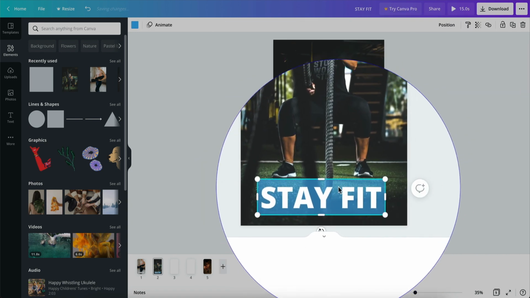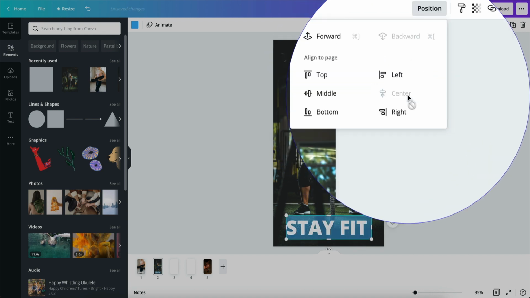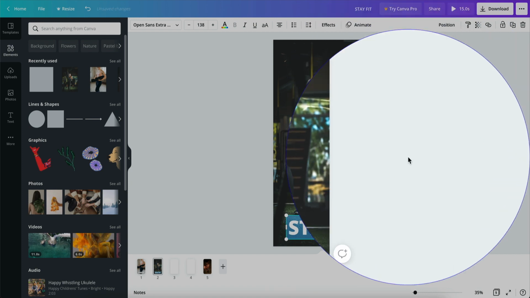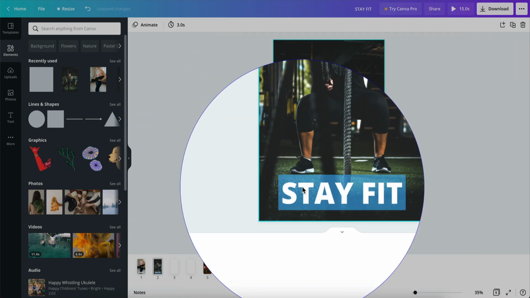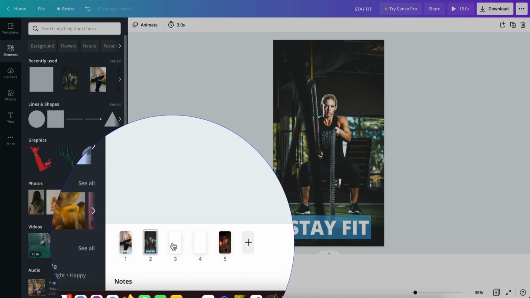And you can align it. You can position it. You can say middle, you can say center, and it centers automatically. You can do the same thing with text, and now it's perfectly centered. That looks decent. And you can do that for all of them, so we can quickly do that.